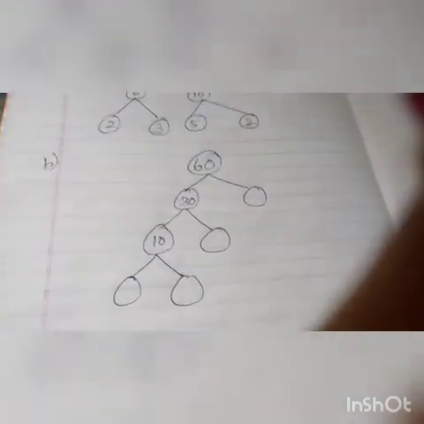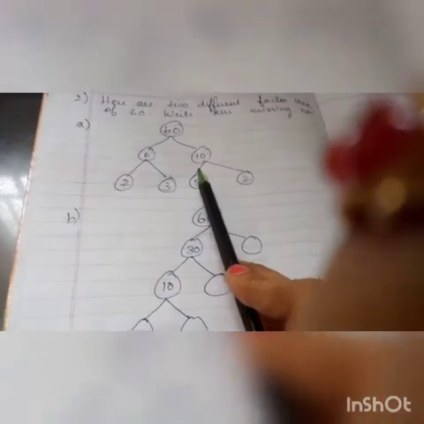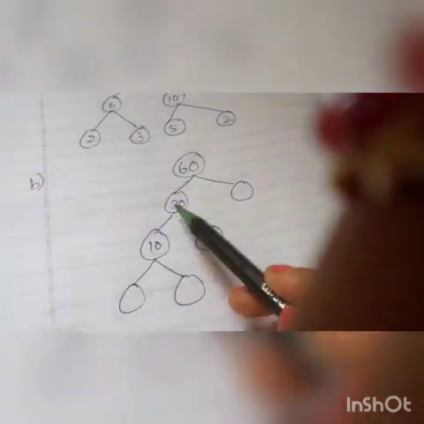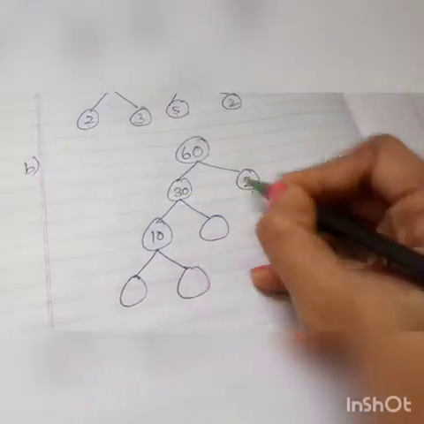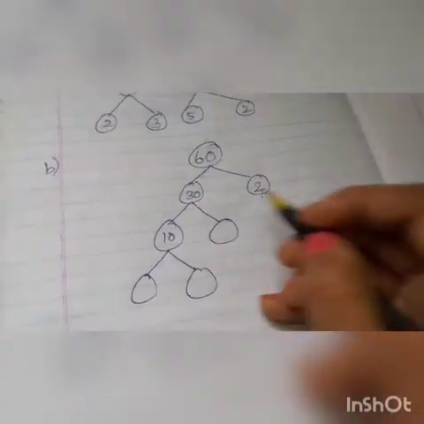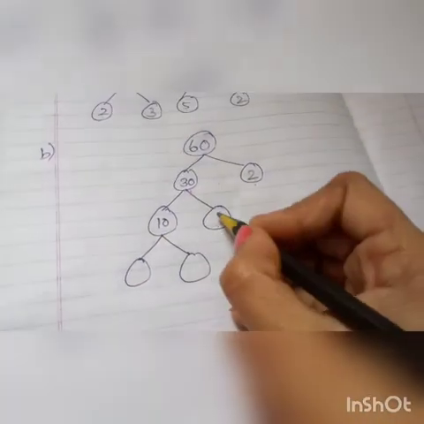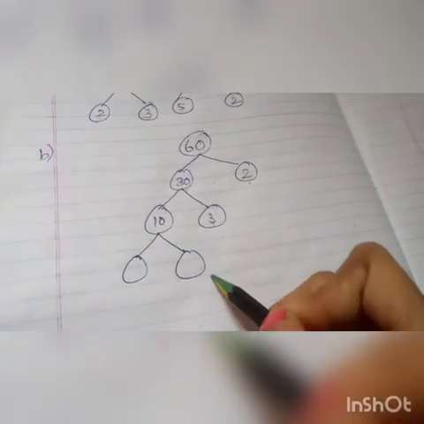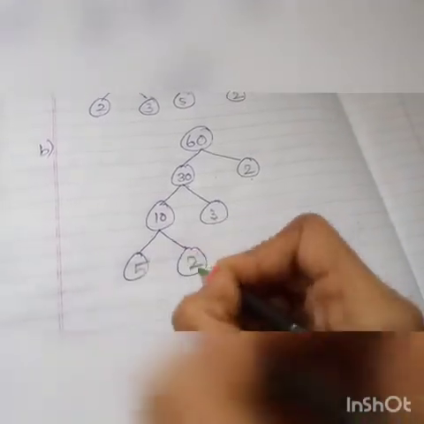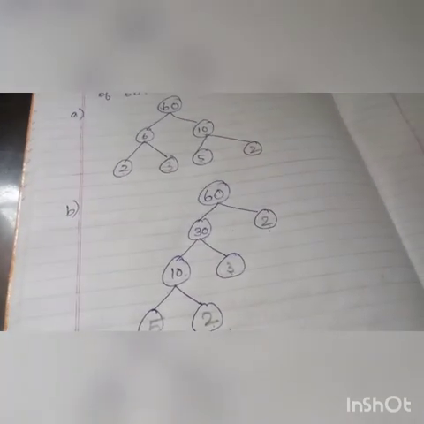Next, B problem. This is also the prime factorization of the number 60, but it is different. 60: 30 into dash, you will get 60. 30 into 2, you will get 60. Next, 30, how will you write? 10 into dash, you will get 30. 10 into 3. Next, 10, how will you write? 5 2s are 10 or 2 5s are 10. You can write in both ways. Understood how to write the factor tree in two different ways?